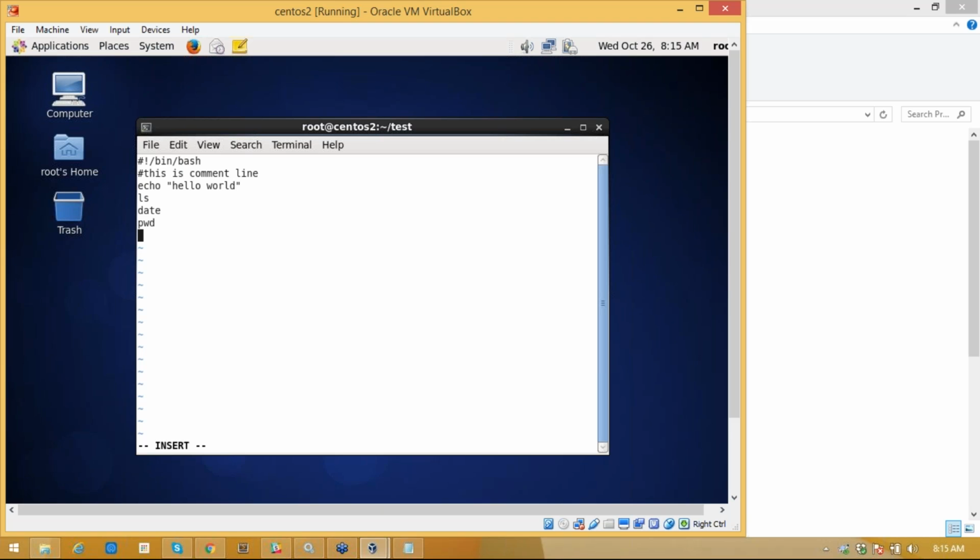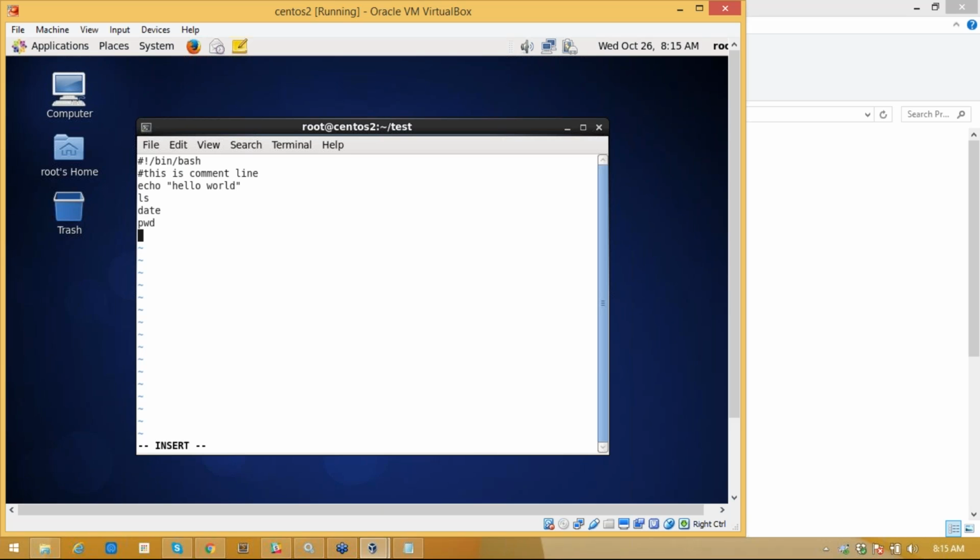First we'll try to understand the first line. We have given hash, exclamation mark, bin bash. That line is called the shebang line. The shebang line is nothing but specifying which shell you want to use.